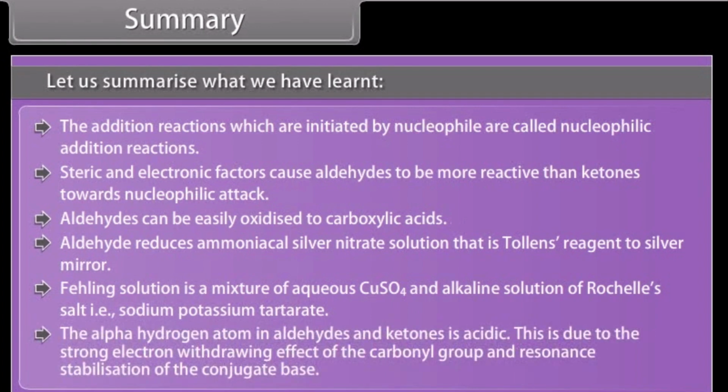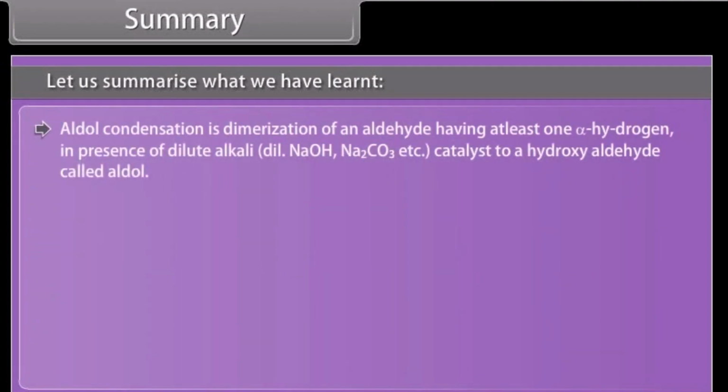The alpha hydrogen atom in aldehydes and ketones is acidic. This is due to the strong electron withdrawing effect of the carbonyl group and resonance stabilization of the conjugate base. Aldol condensation is dimerization of an aldehyde having at least one alpha hydrogen in the presence of dilute alkali such as